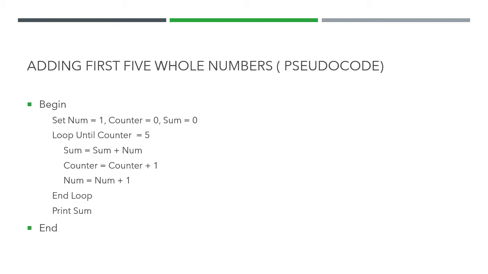Okay. So whenever you are doing this step, it is called initialization. Now what is our next step? Loop. Now loop till when? Until counter equals to 5. Okay. Loop until counter equals to 5. Right now what is our counter? 0. So we will go inside the loop. Once our counter is equal to 5, we will come out of the loop.